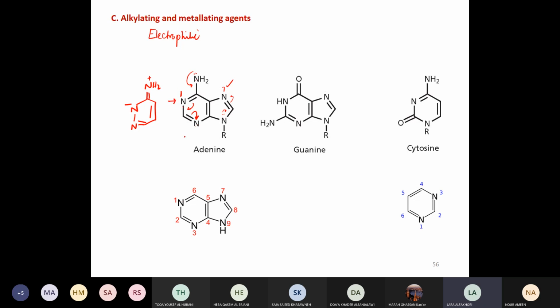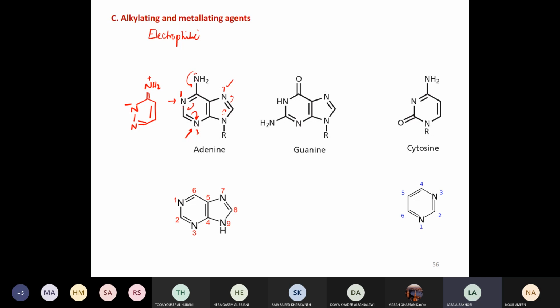فnitrogen number 1, nitrogen number 3 are the nitrogens in adenine that have high electron density, expected إنه يصير في عليهم let's say alkylation. أو إذا بده يصير alkylation على الأدينين, what experiments have shown is that nitrogen number 1 and 3 are the ones which are most likely to be alkylated. Okay? هلا 7 you are right, you are absolutely right.